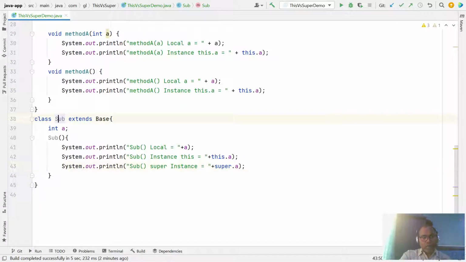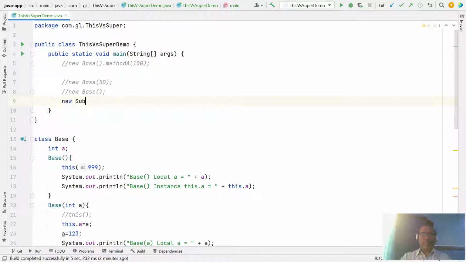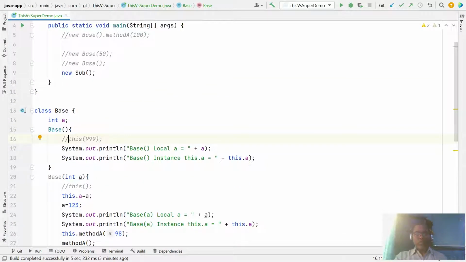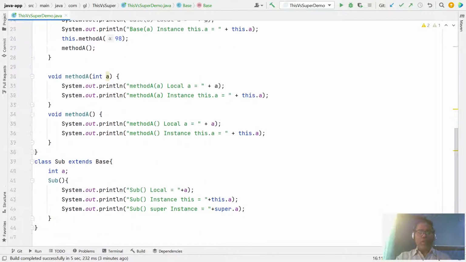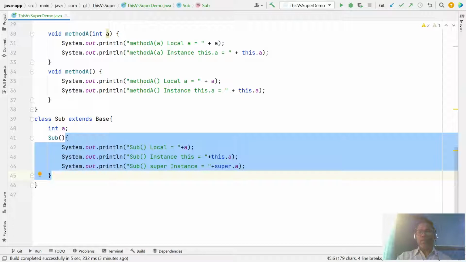Whenever you are creating a subclass object, let us create the subclass object and comment out this. This is the thumb rule: whenever you are creating the object of any subclass, first the base class object is created. After that, your subclass object is created.